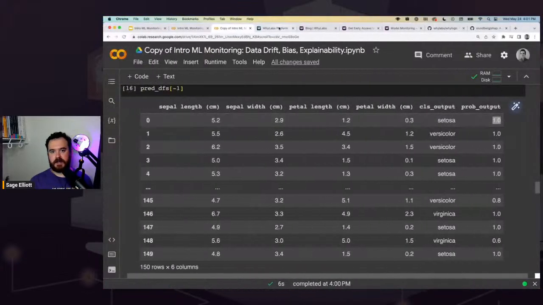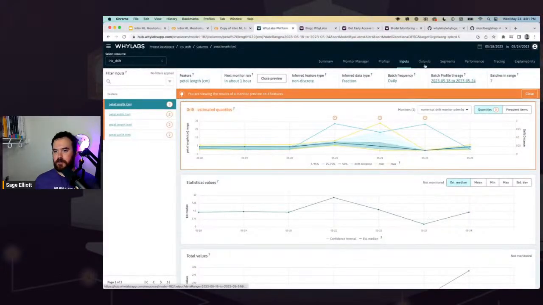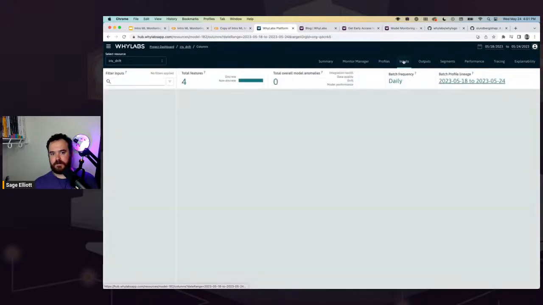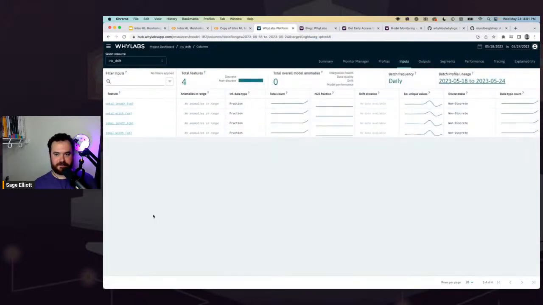So if I go back to WhyLabs and now click this Outputs tab, we're going to have those two outputs that we had created, the class output and the probability output. They go into this tab because we included the word output or some variation of that. So it could be output or outputs, and it'll automatically go in this output tab. That makes it much easier if you had a model with hundreds of features or something like that.